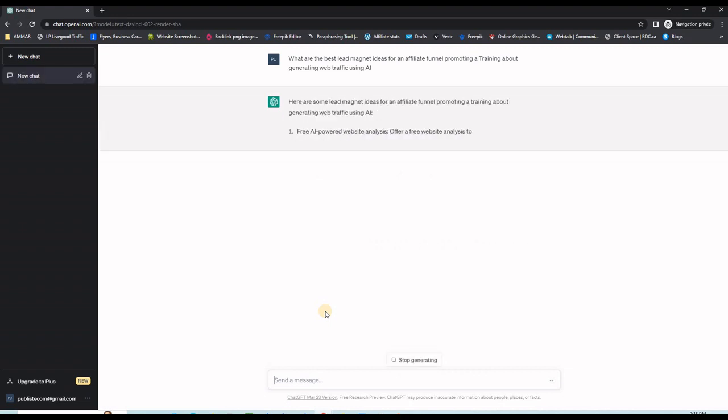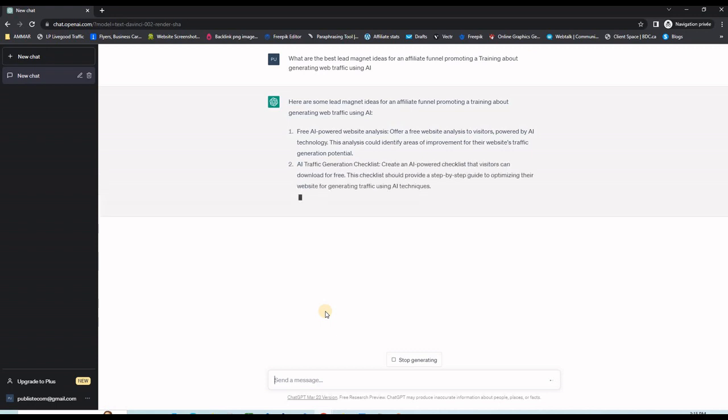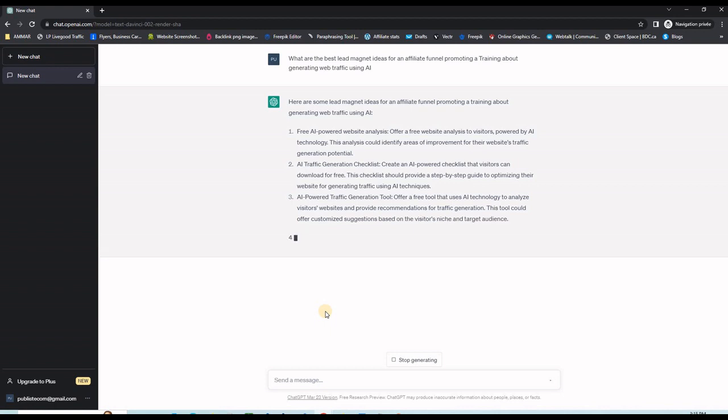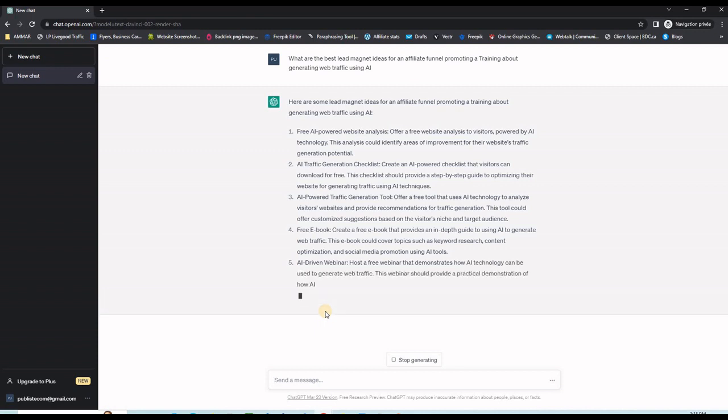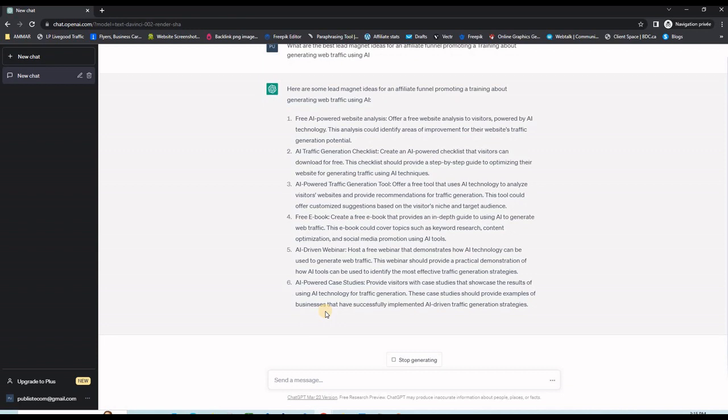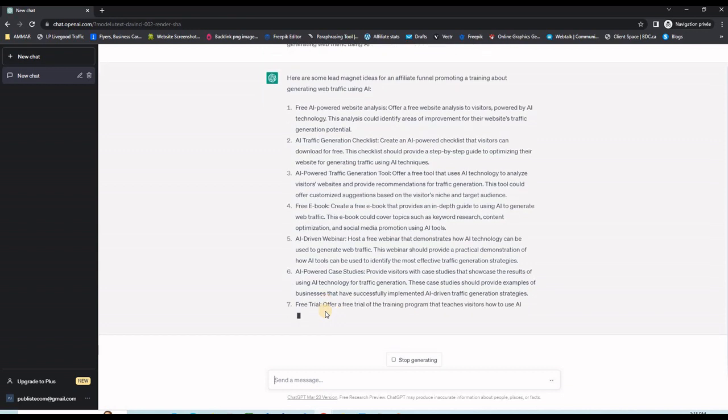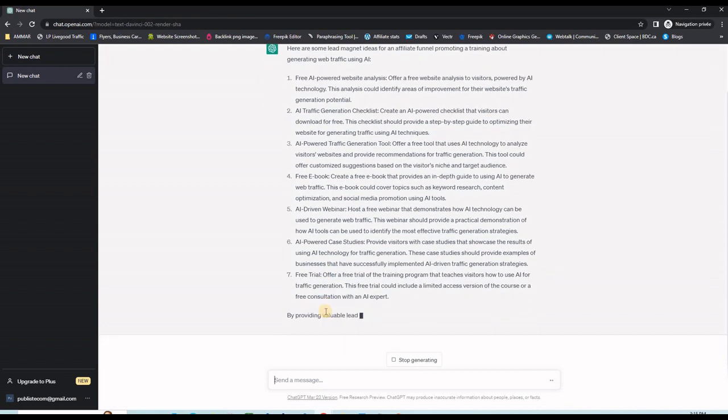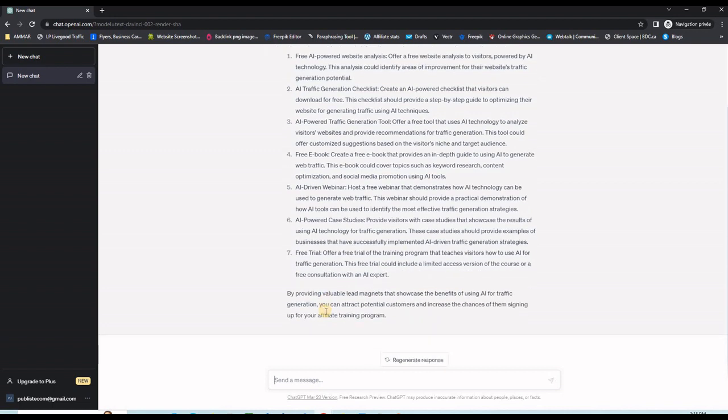So ChatGPT will go ahead and give me some ideas, and I can see here a free AI powered website analysis, AI traffic generation checklist, AI powered traffic generation tool, free ebook, create a free ebook that provides in-depth guide to using AI to generate web traffic, AI driven webinar, AI powered case studies, or free